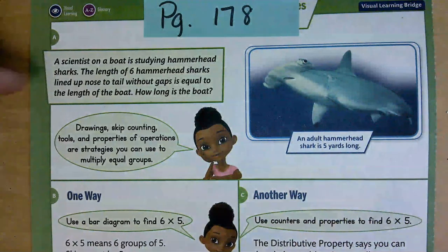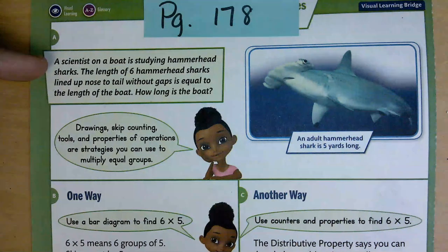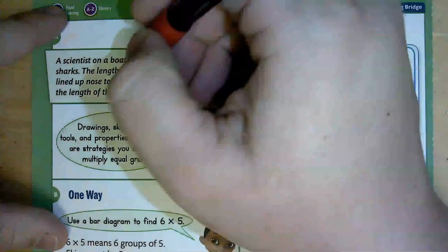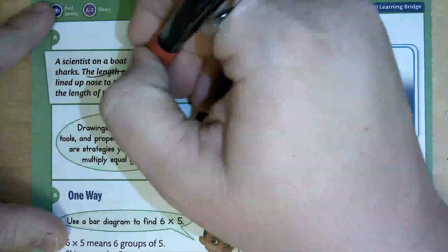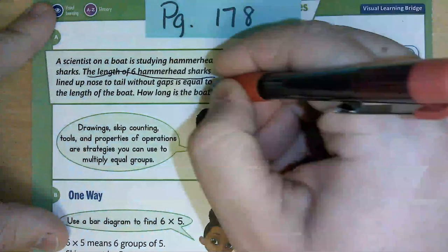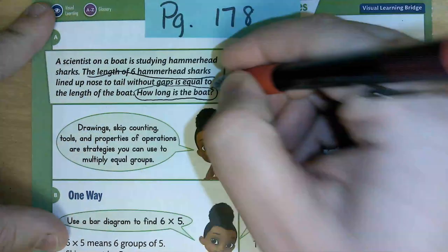All right. So it says, a scientist on a boat is studying hammerhead sharks. The length of 6 hammerhead sharks lined up nose to tail without gaps is equal to the length of the boat. Well, how long is the boat? So we're going to underline the length of 6 hammerhead sharks. We're going to circle our question, which is how long is the boat? But,